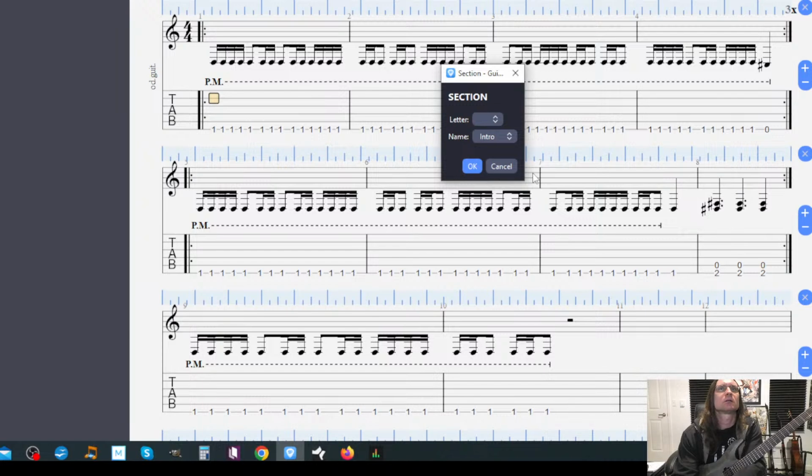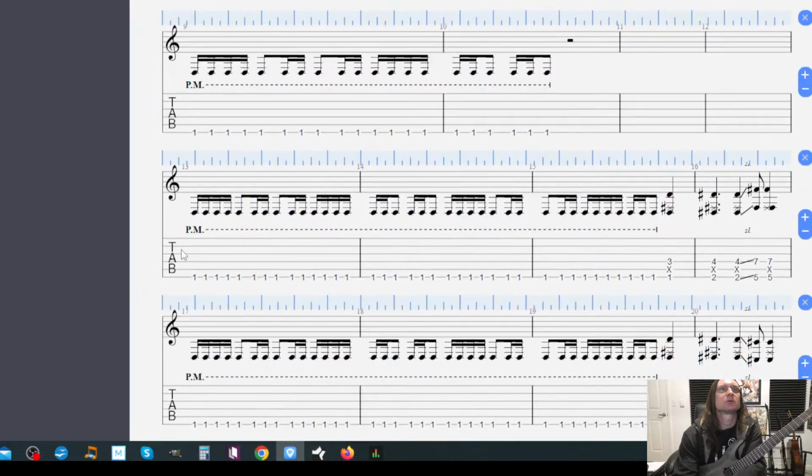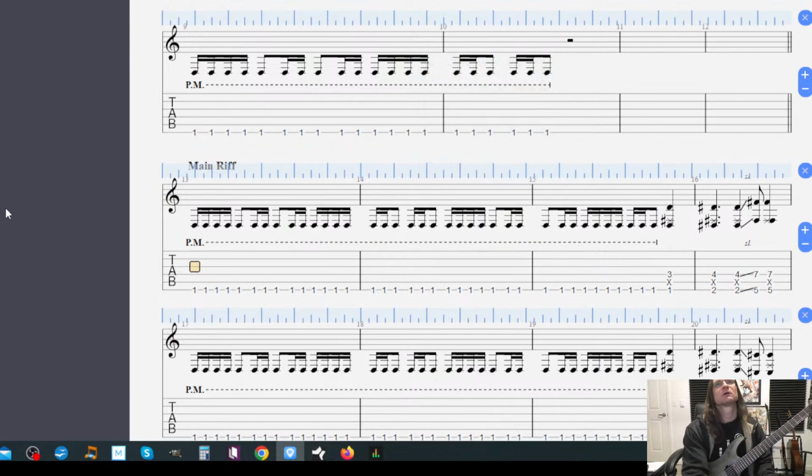Ah, look at that. Okay, so you can put a section in that way. Intro. Neat. Okay, so, alright, main riff. We'll just say it's the same thing. Cool, I can use that for something there. I learned a new thing about Guitar Pro today.